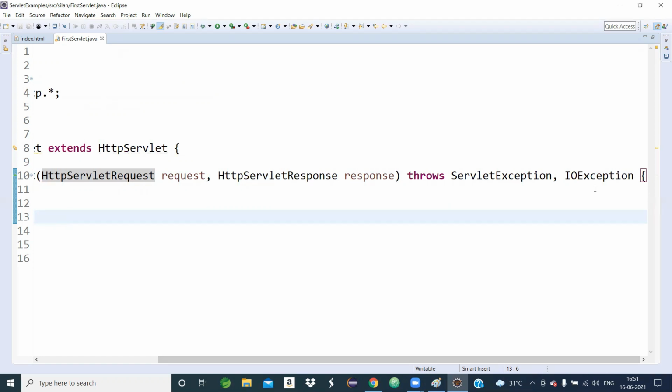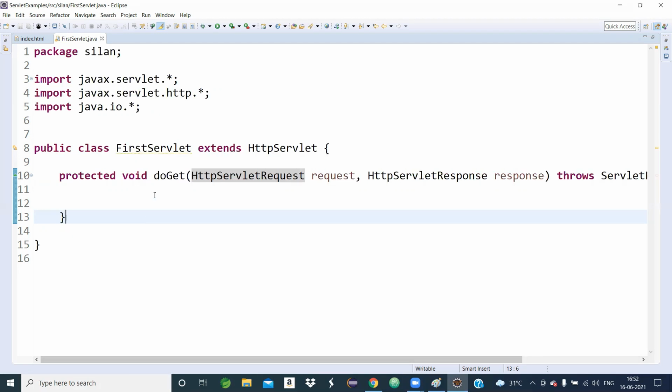By default a servlet application throws checked exceptions, so when you create a servlet with the doGet method, the code to handle checked exceptions is already written. Now here I will write the code.